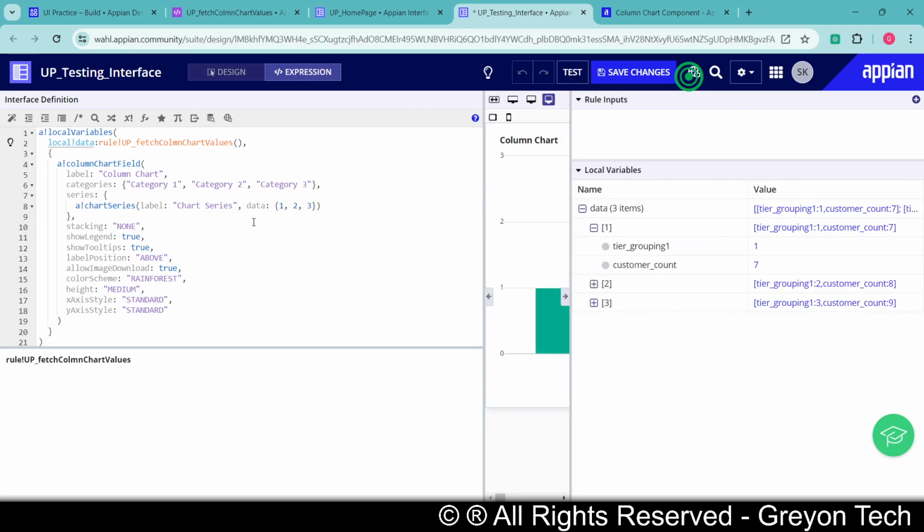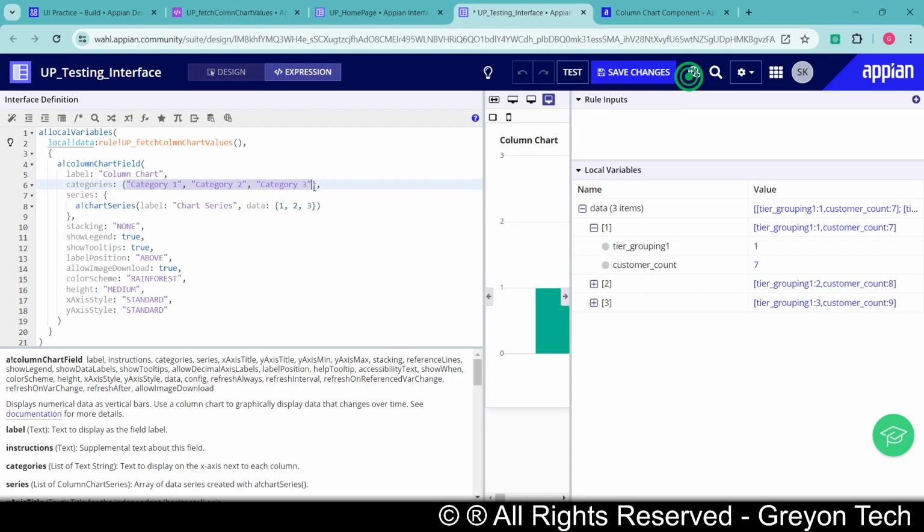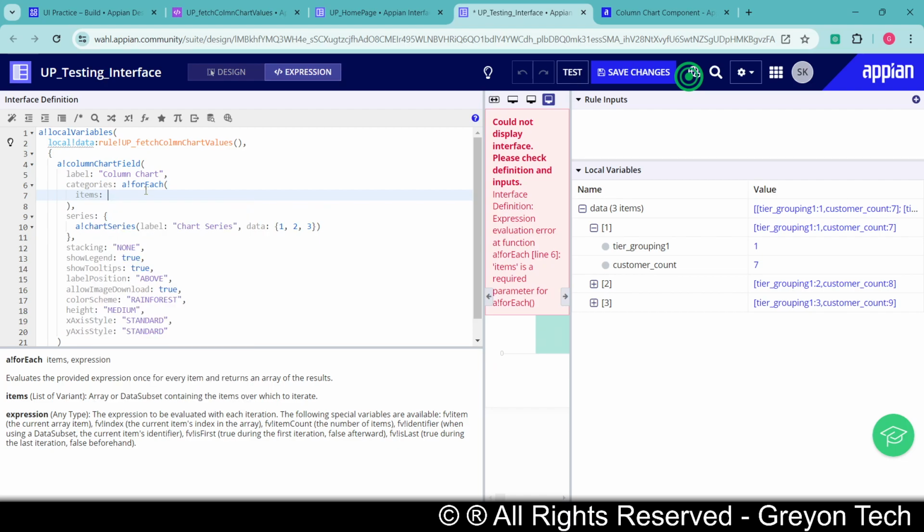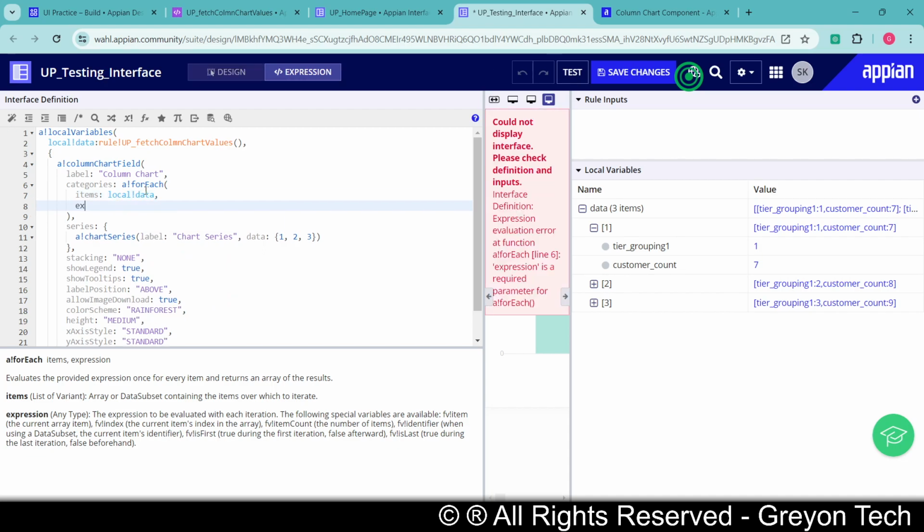Try to understand this one more time. So we are having data which is a map and it is having tier, or basically if you want to rename it, you can rename it. Right now I have not renamed it, so we will be referring to it accordingly. So instead of category, I would be using a loop. Instead of these hard coded values, I will be using a loop. In the categories, I would be using a bank for each loop. Items would be local bank, local bank data, and expression would be